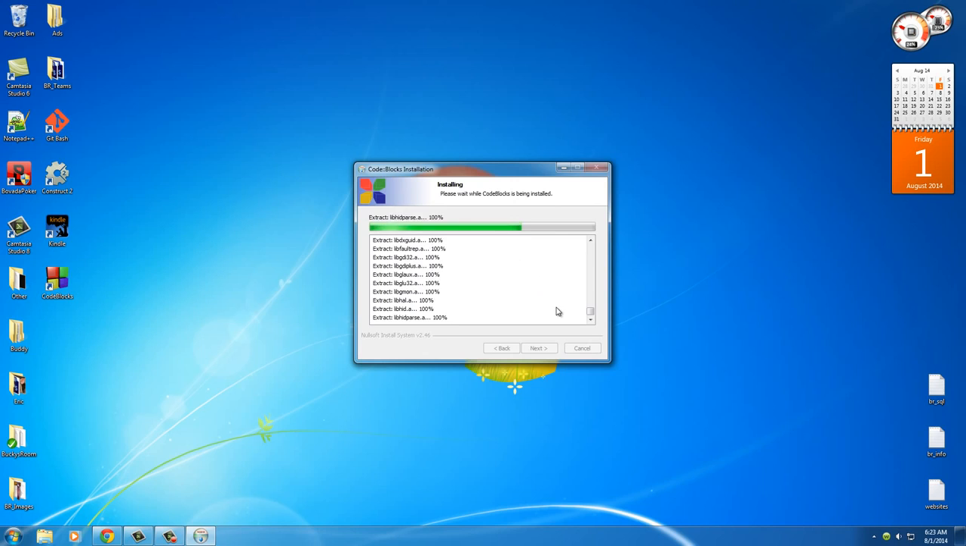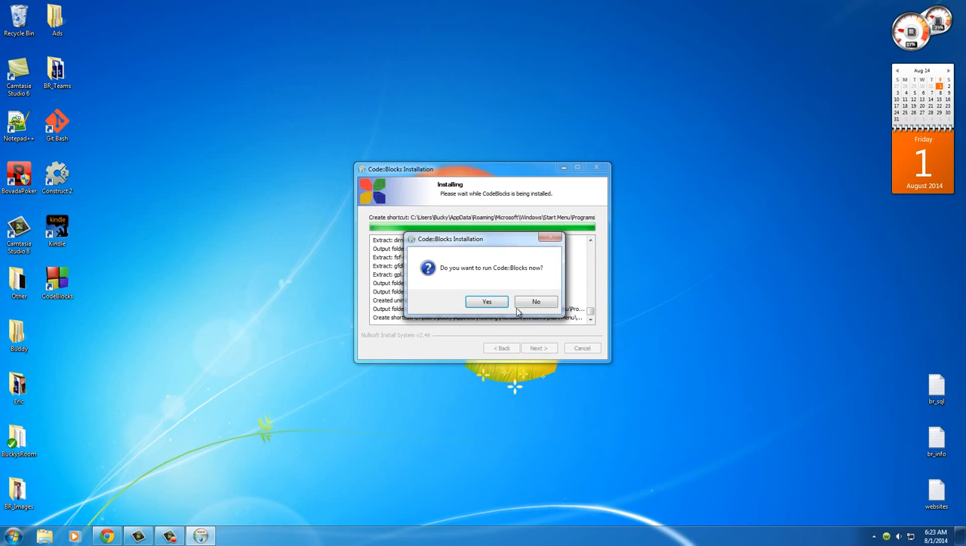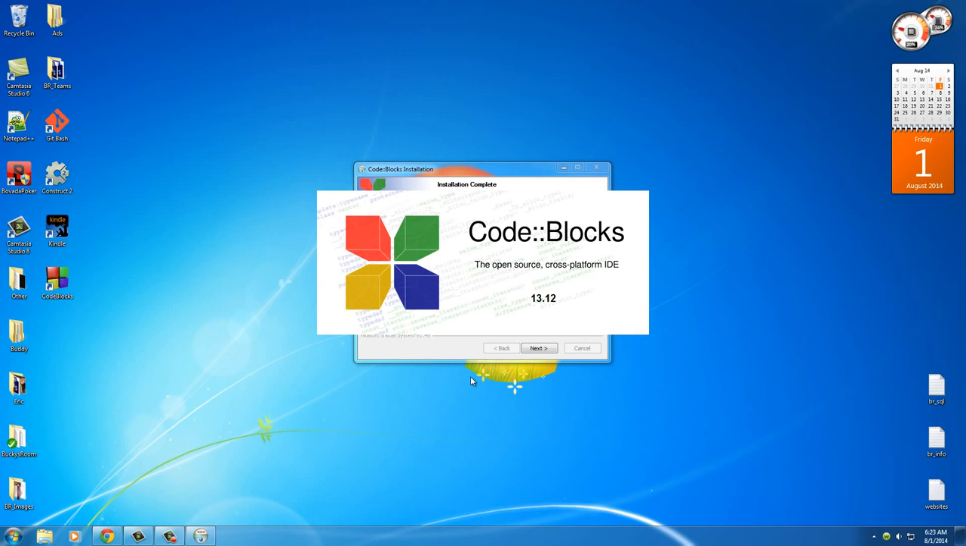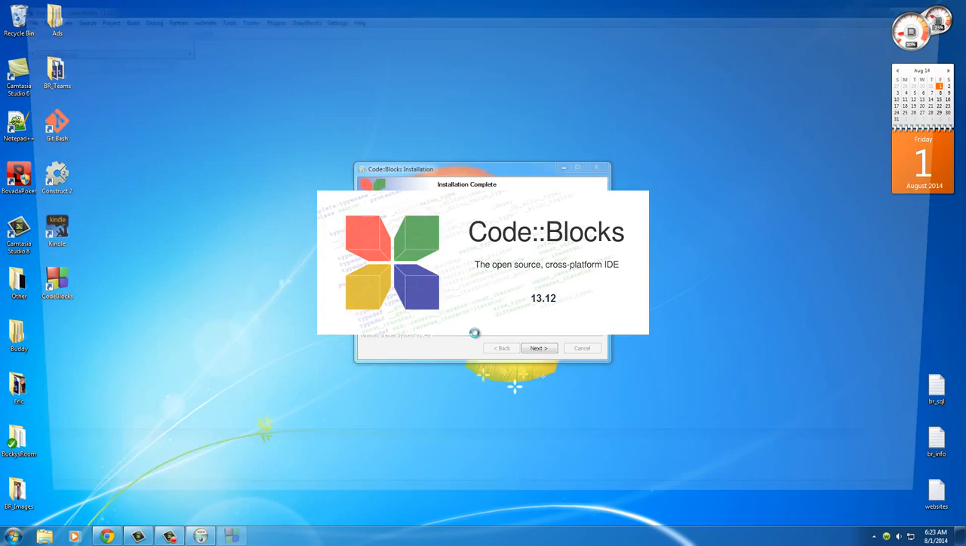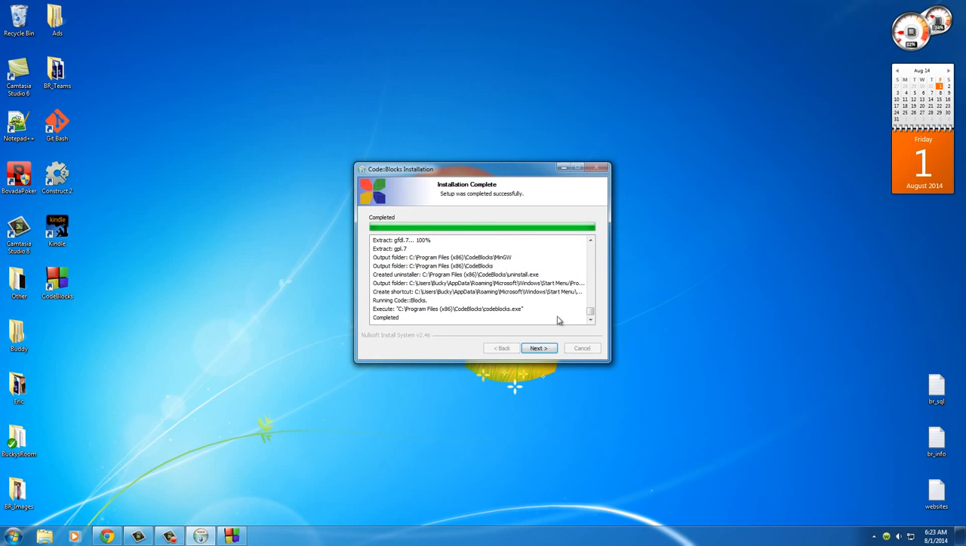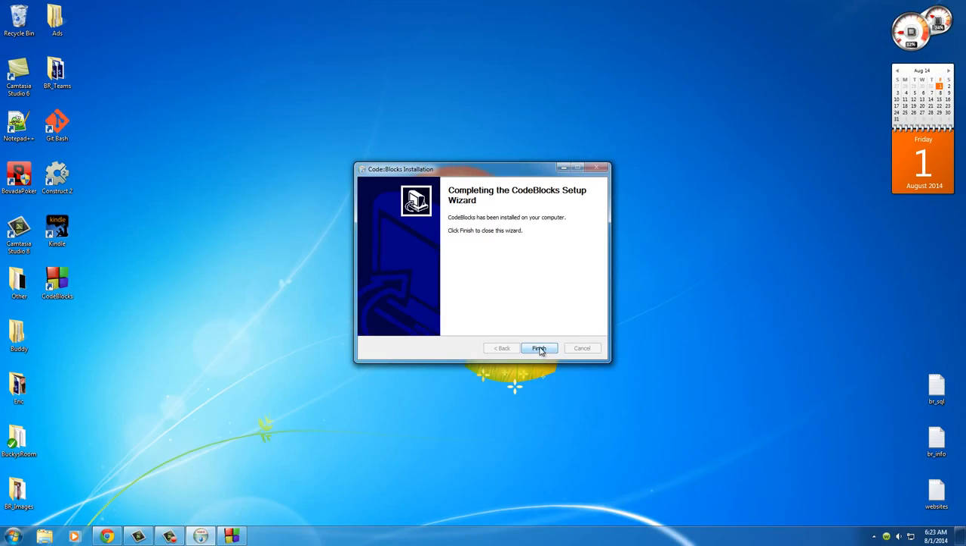Alright, so this bad boy's installing, and once it's ready, it actually puts an icon on your desktop, which is really handy by default. Yes, I do. So this bad boy opens up, and it might take a while to boot up if you're starting it for the first time. And the first thing I actually want to do is minimize that, and click next, finish out of that,